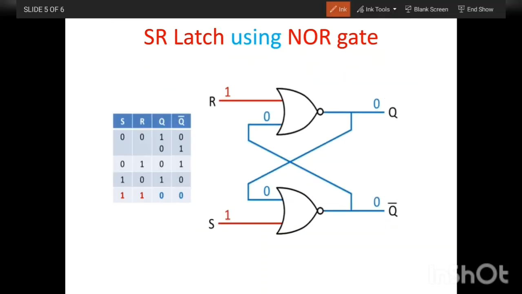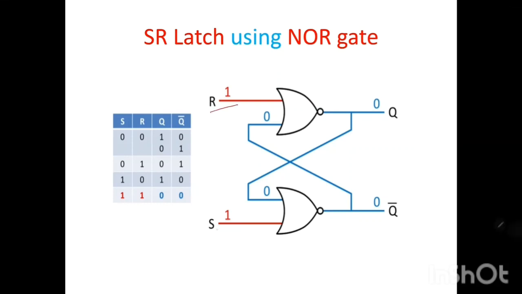In the SR latch, when both the inputs are 1, means S is equal to 1, R is equal to 1, in that case one of the inputs of NOR gate 1 and NOR gate 2 is a 1, then both the outputs are equal to 0 0. Both these gates will try to become 0. This is not acceptable, and therefore this state is called the prohibited state.